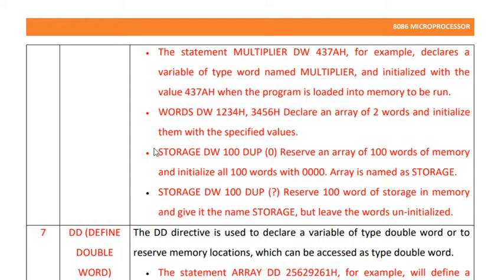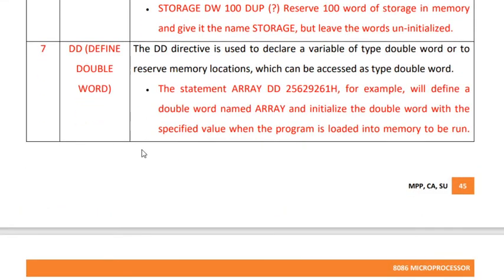Now likewise we have DD. The DD directive is used to declare a variable of type double word. So double word basically refers to, so word allocates 2 bytes of memory, double word allocates 4 bytes of memory. So here we have an example, the statement array DD,